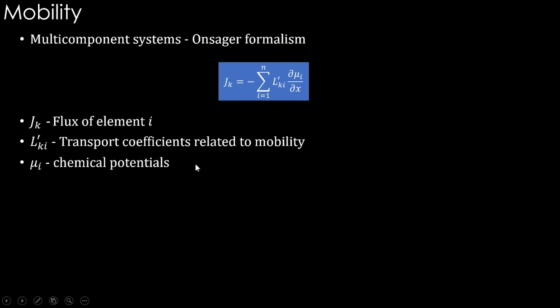Mu i is the chemical potential, so all the chemical potentials come here. Things are in plural here basically because it is a multi-component system. This is written in a subscript notation, so there will be more terms in that. But the core structure you understand: there is a mobility term multiplied by the chemical potential term, which is the thermodynamic factor term. So these two things go there in Jk. And this is quite useful for multi-component systems. We'll see that in the next class.